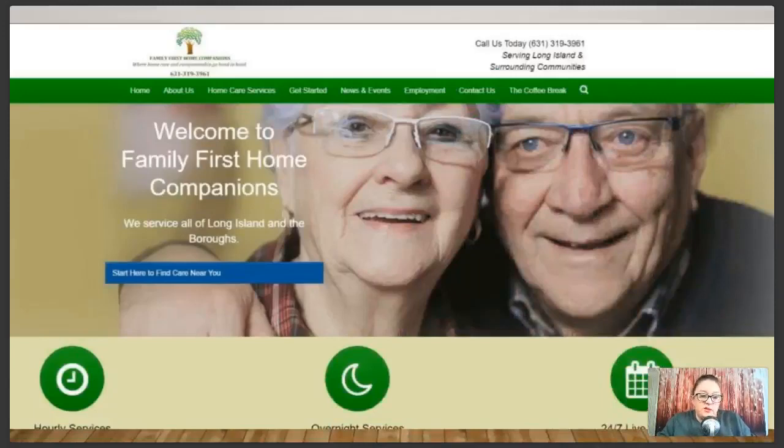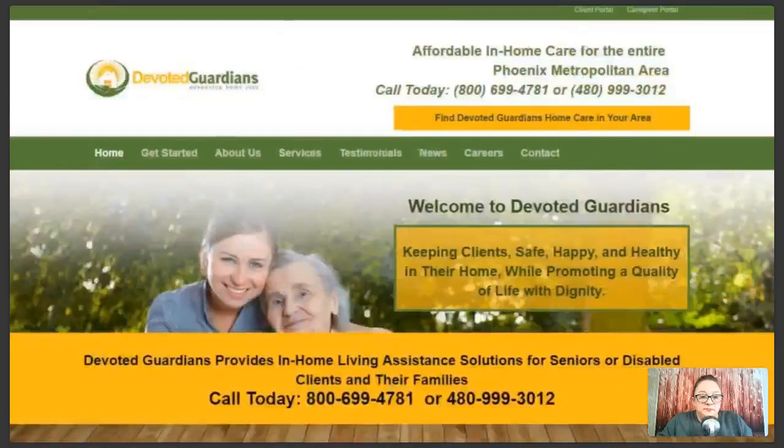I don't know if it has to do with, it's not much different from the ones you just saw. Again, phone number at the top, where area is serviced, but I don't know if it's the picture. But these folks definitely get a lot of leads, and it's not your typical lead form. So there's a short form for leads, contact us form. You get tons of spam. They actually have a long lead form that qualifies the person more, and that's the one that they get filled out more often, which is great for them.